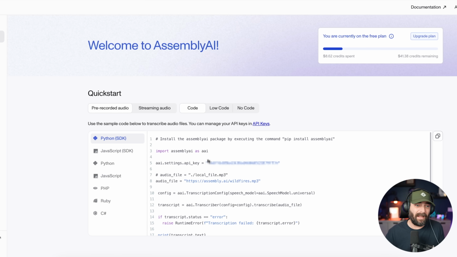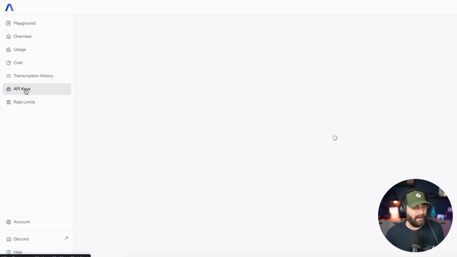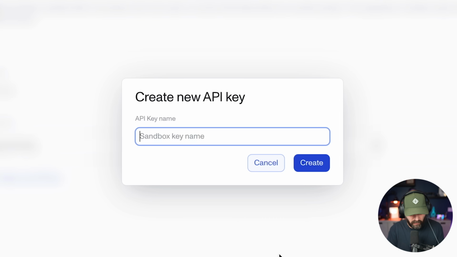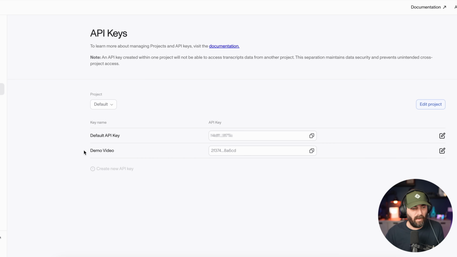So here's how we're gonna build this app. We're gonna use our API key from Assembly. So I'm gonna go over to API keys here on the left, and I'm gonna create a new API key, and we're gonna call this demo video because I'm gonna delete this API key after this video is live because you never wanna share your API keys with anybody. Otherwise, other people will be able to use your account. So let's go ahead and create this, and then we'll copy the API key that it created for us